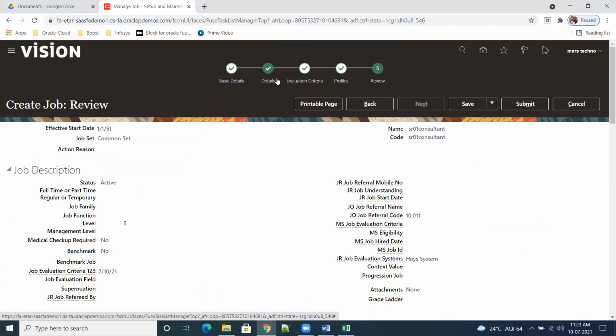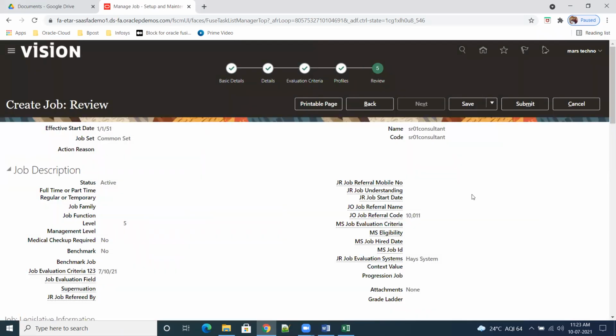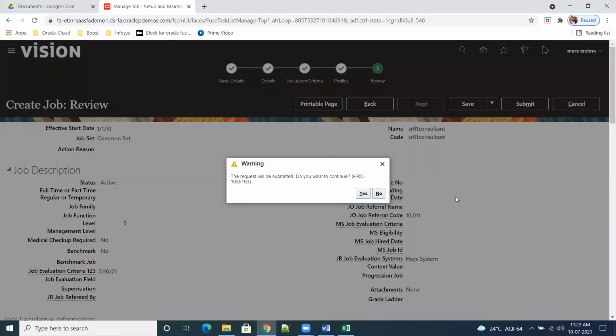This is the review. See, these are the train stops. Some configurations we can see have train stops like this. So when you want to save it, you have to come to review, then save. After that, we need to submit. Then only it will store the data into the database. Okay, submit.